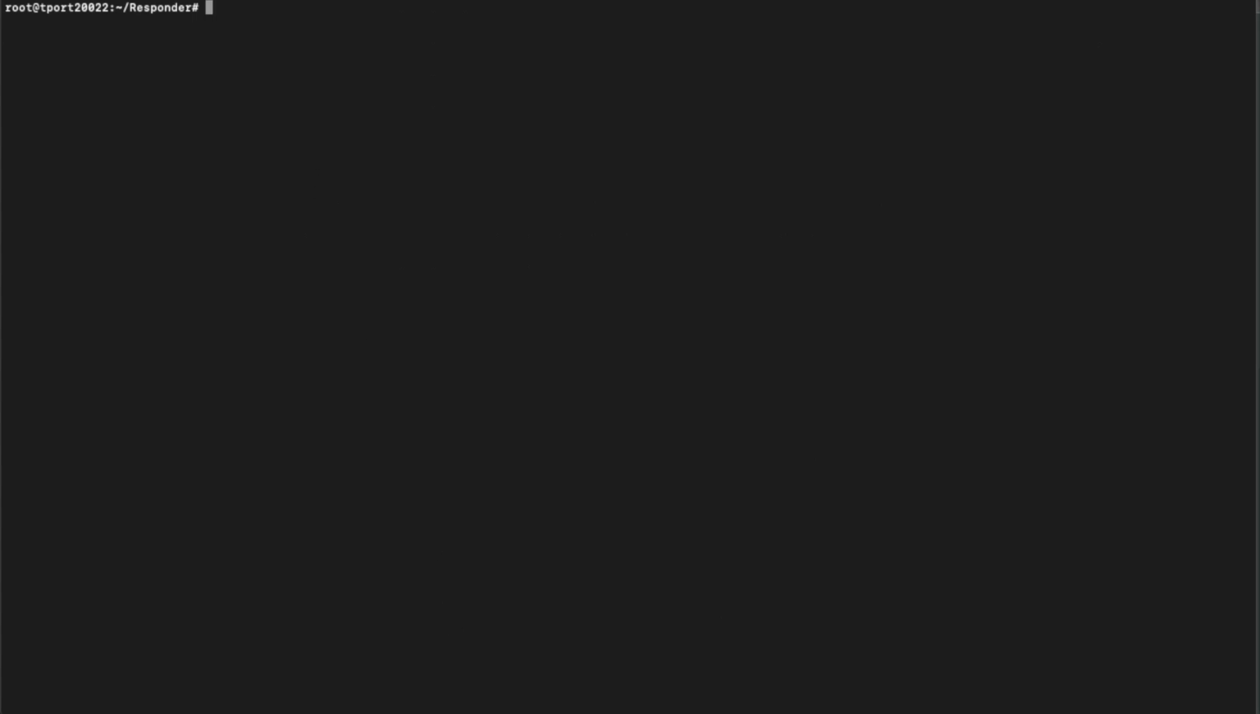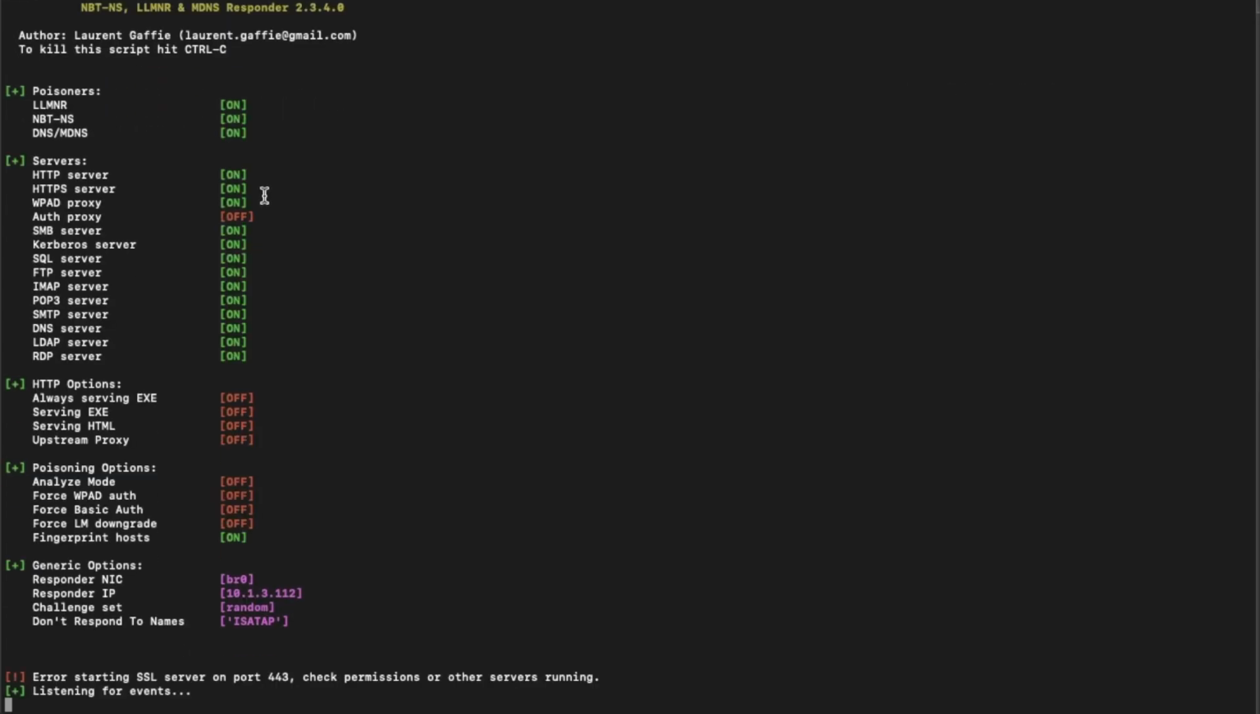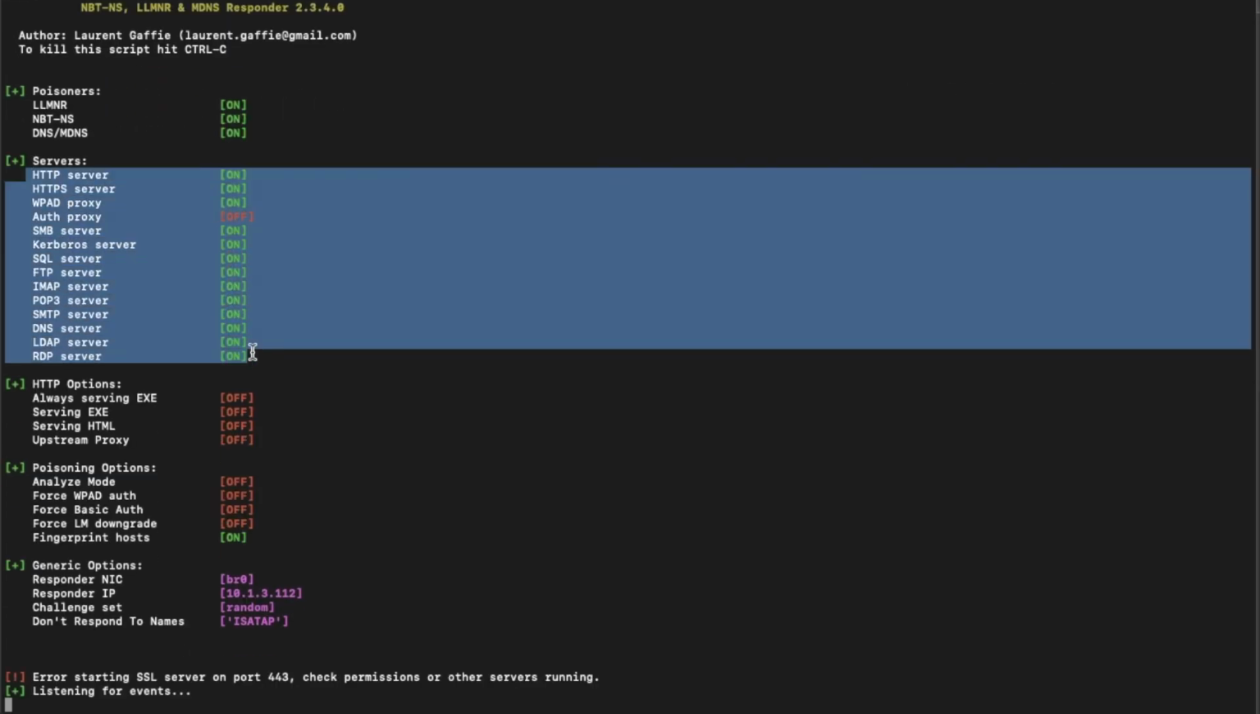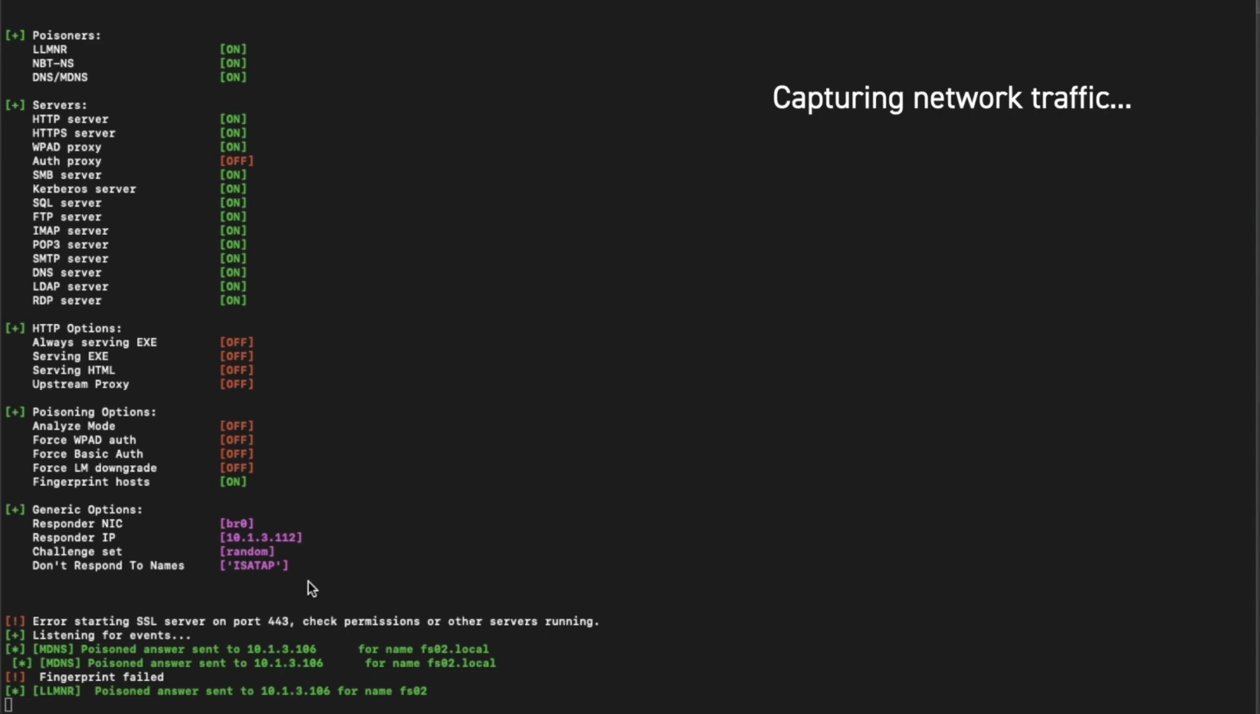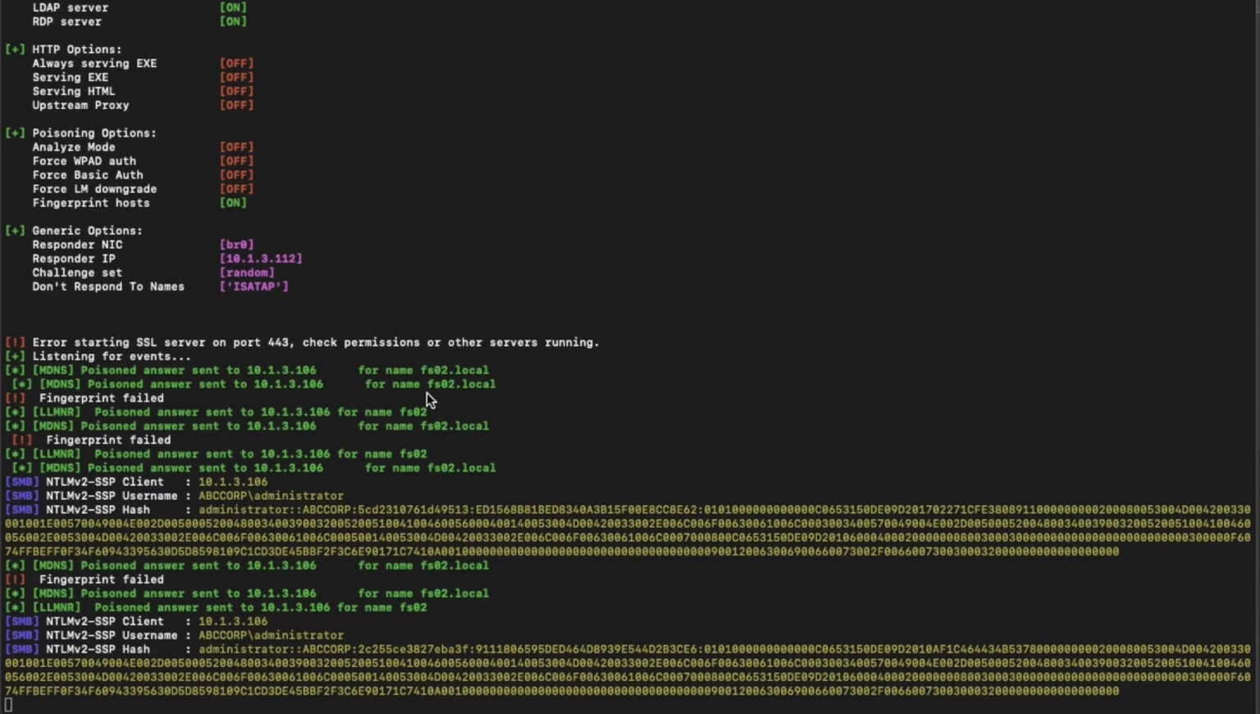So we will start Responder here, and as you can see, it's running all of these different server types. We don't need the auth proxy; we're not using it for this demo. This is a very small lab, so I don't have a lot of traffic happening at the moment, but I will generate an attempt to FS02. I've got a Windows 10 box that's looking for FS02.local. It doesn't exist on the real network, so Responder raised its hand and said that's me,